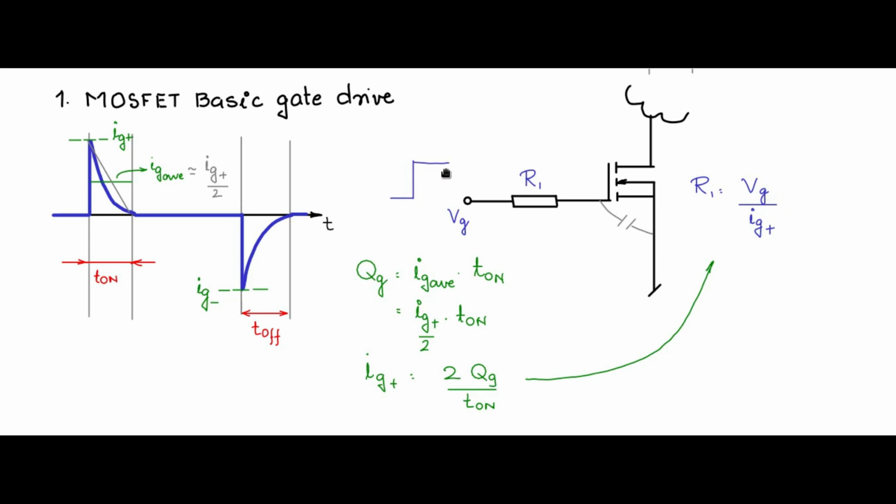So if you give a pulse like this, you can expect the gate current to flow something like this, like a differentiated value of this square pulse. Whenever you have a discontinuity going from low to high, you will get a positive current spike due to this RC, and this will decay as the capacitance here charges up. And then when you want to remove it, bring this to ground.